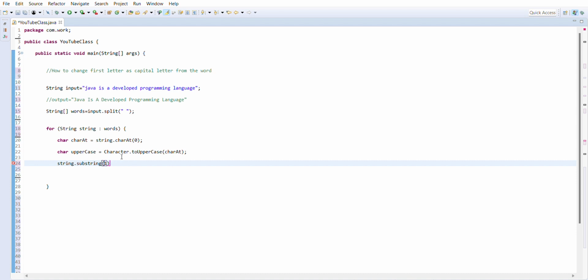So I'm just mentioning the first character, there is a 1. So now we have taken the uppercase and the substring. So if you join this, our first word will be done, right? So to join that, I'm just mentioning that